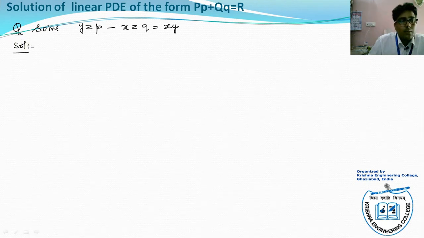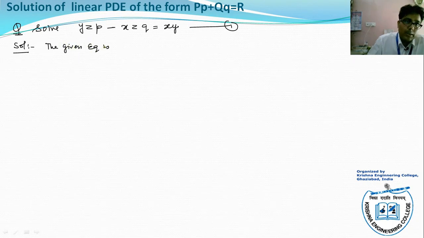First of all, before solving the equation, we see whether our equation is linear or non-linear. If the equation is linear, then we solve by Lagrange's method. If the equation is non-linear, then we solve this equation by Charpit's method. The given equation is linear. So comparing with the general form,